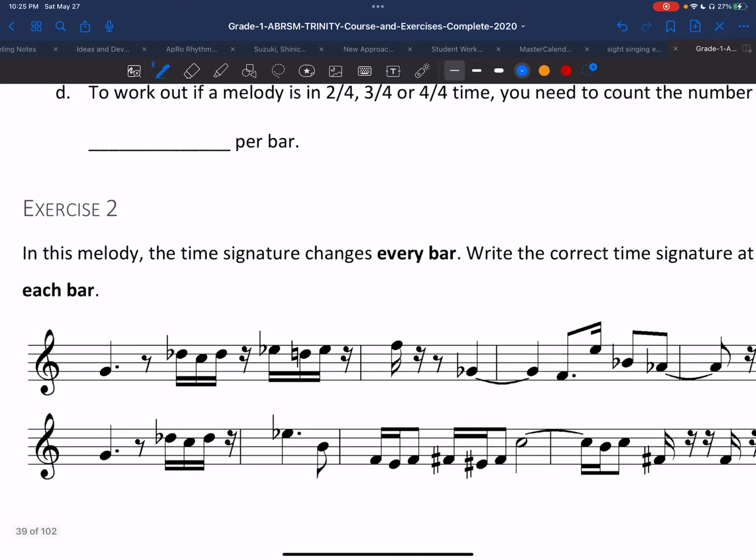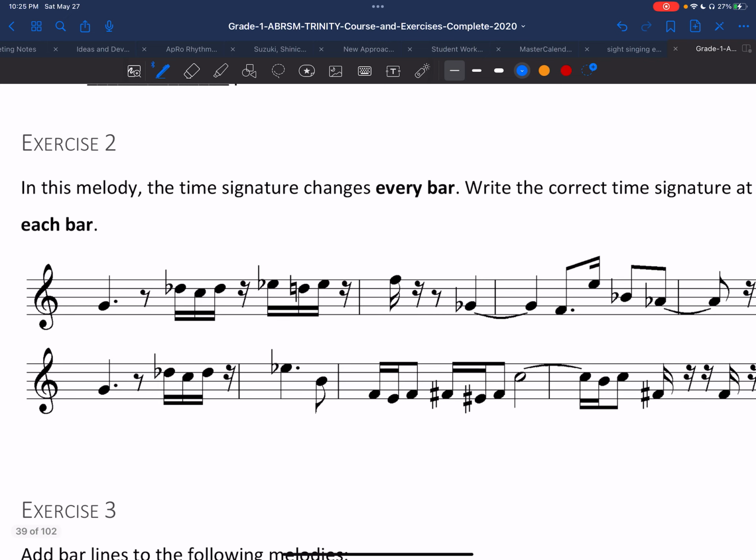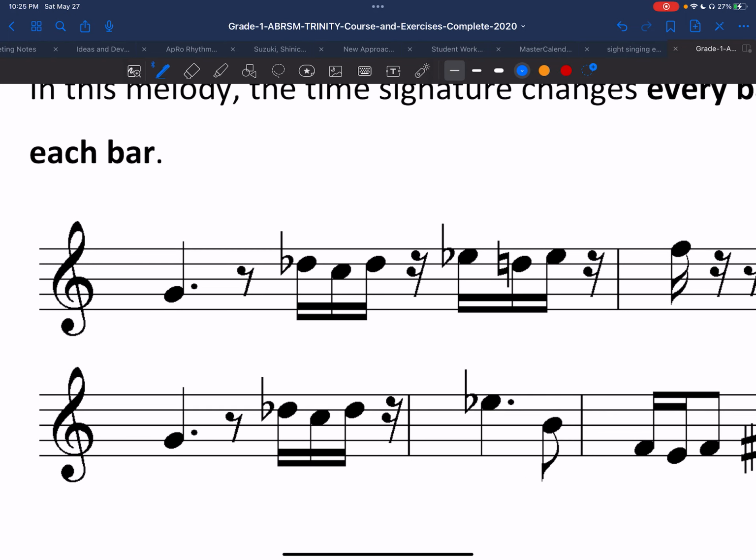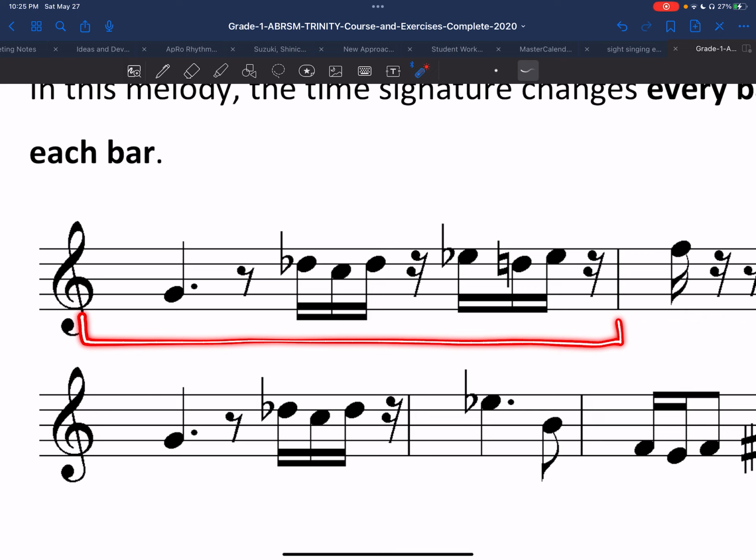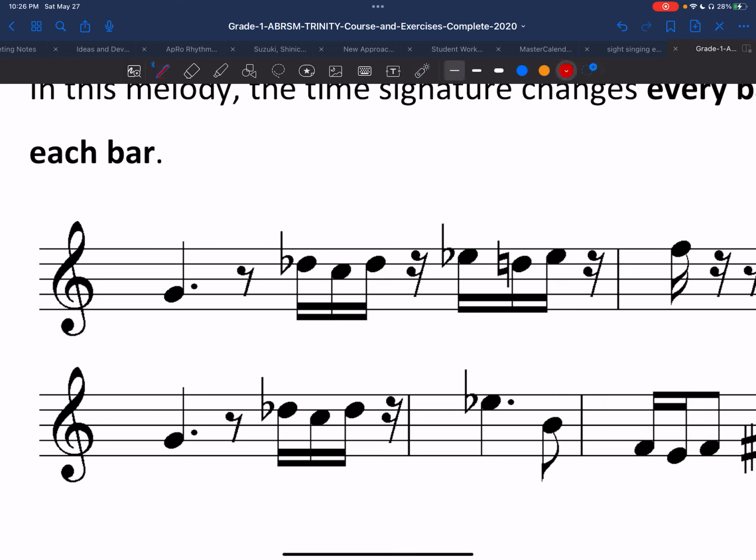Then exercise 2, now it's asking us what time signature is each bar. So each bar should have a different time signature. In order to solve this question, we need to count the number of beats for each measure. The first thing is we need to look for our bar line, which we can find right here. And so we are going to count how many beats we have in this space. As soon as we get to the bar line, we reset and go back to 1. So how we do this is we're going to count and figure out how many beats we